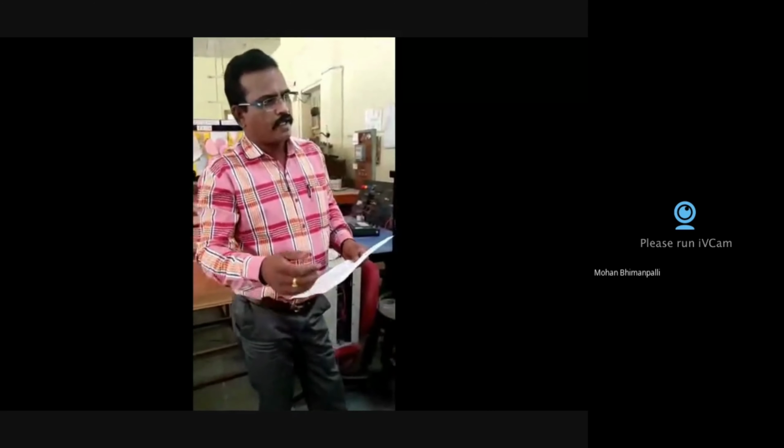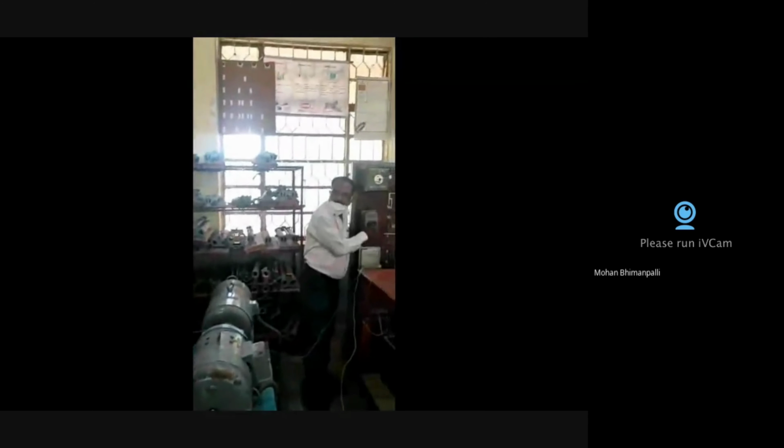As per calculation, the speed will be Ns equal to 120 f by P, that is 1500 rpm. So we'll get nearly equal to 1500, or actually it is less than 1500. I'm just talking about nearly equal to 1500. Okay. So my colleague Saurabh sir will start the motor. Before that, I'm telling you, I have connected the auto transformer for the safer side. Okay. I'm starting the motor now.